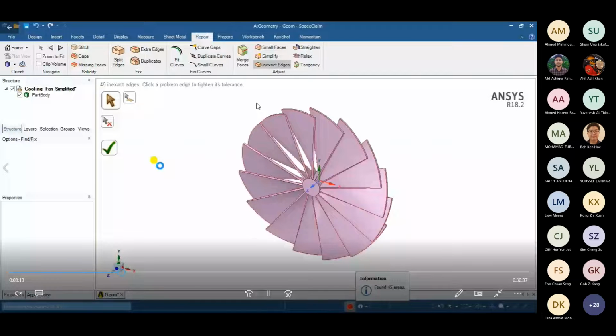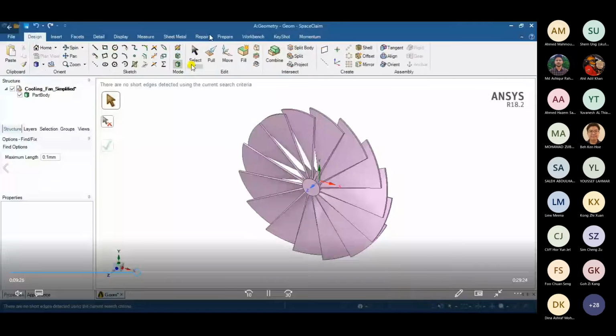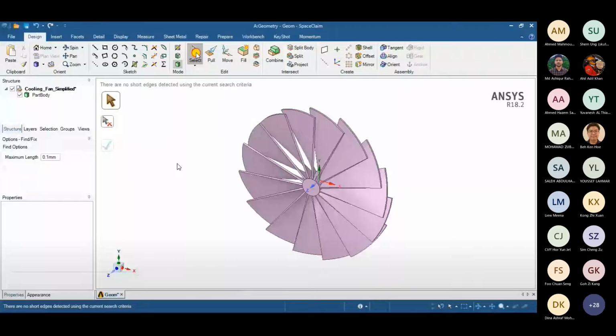Once you fix all these problem edges or problem areas, you would have all your geometry repaired. Also in Prepare, you would check for some of the interfaces or faces. Basically, Repair is for edges and curves, and Prepare is for surfaces, so that you can check for all these errors, and you can do the same thing.